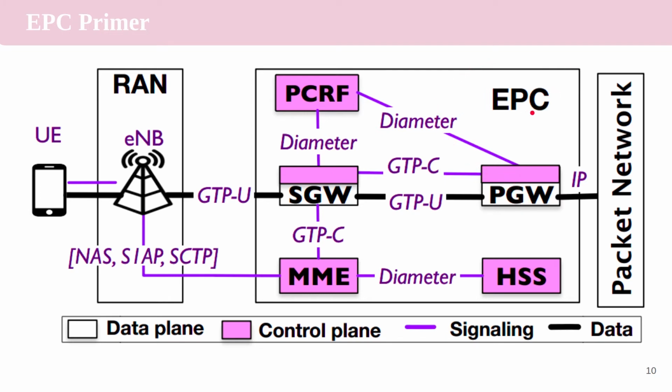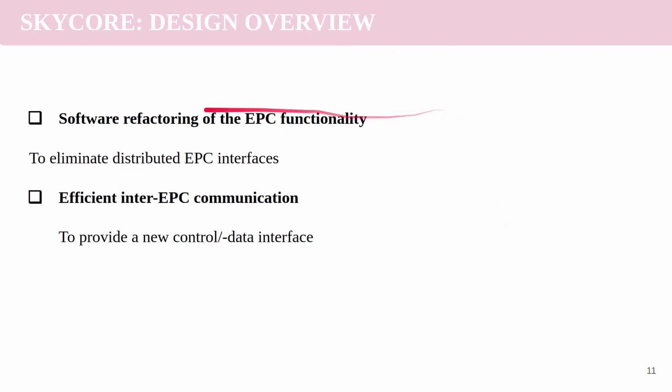The EPC actually forwards each UE's data traffic between E-node B and data packet gateways using a separate GTP-U, GPRS tunneling protocol. The mobility management entity, MME, is responsible for access control, security, and mobility functions in conjunction with the home subscriber server, or HSS database. Okay, as I've already mentioned,